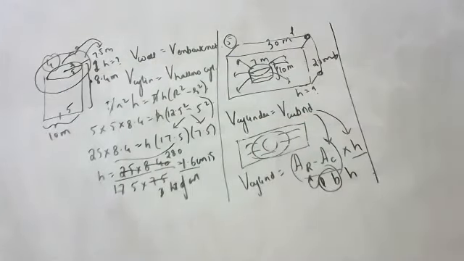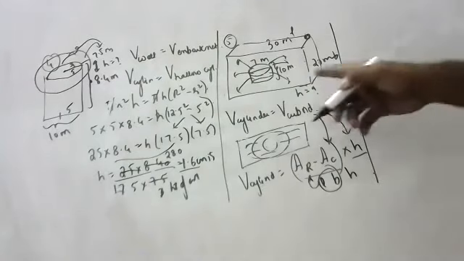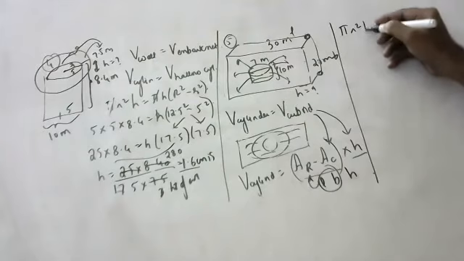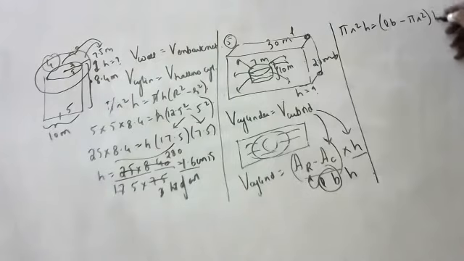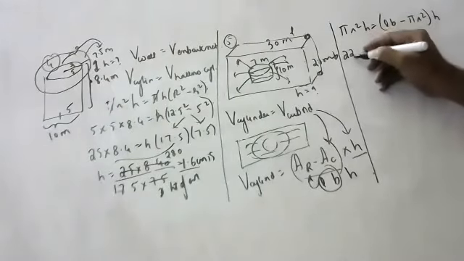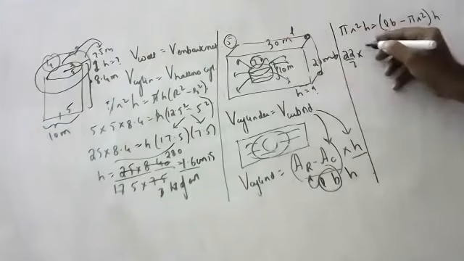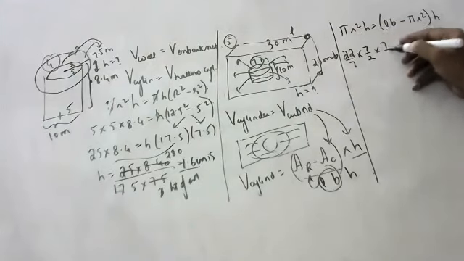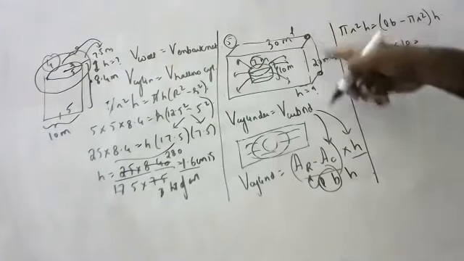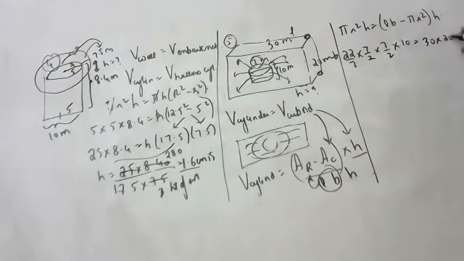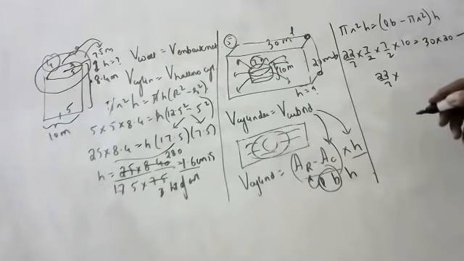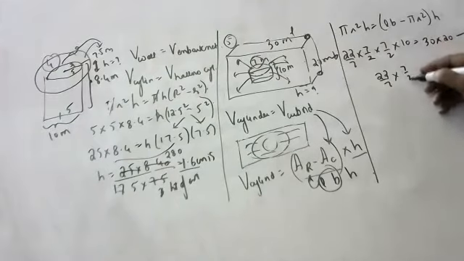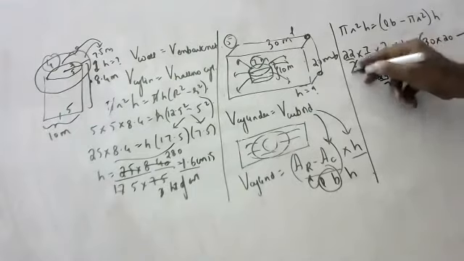Now Yashasvi, tell, volume of cylinder is how much? Pi r square h. Area of rectangle, L into B, minus area of circle, pi r square, into h. 22 by 7 into 7 by 2 into 7 by 2 into 10. Then 30 into 20 minus 22 by 7 into 7 by 2 into 7 by 2 into h. Okay, children, this is gone.